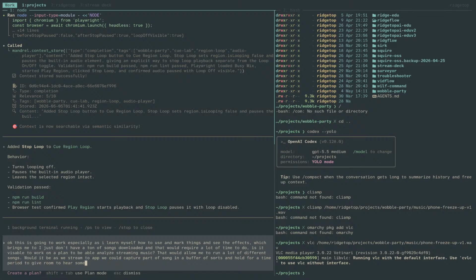Let's refine this a little more. Down mix to mono to save memory and